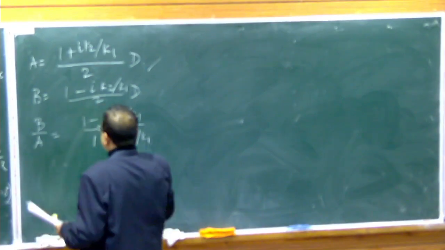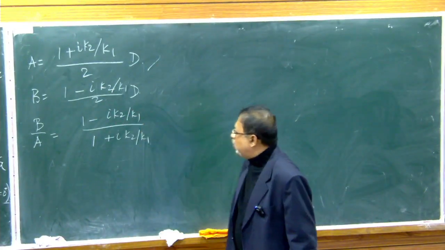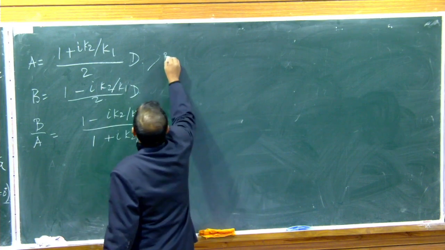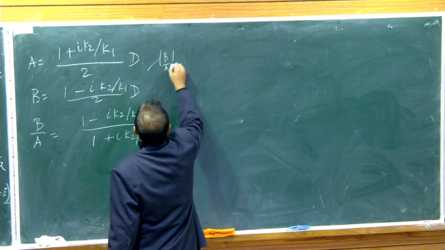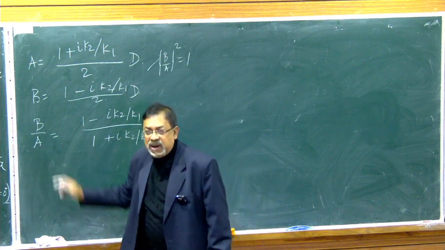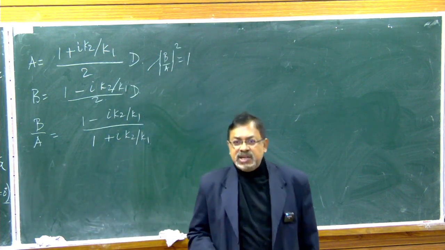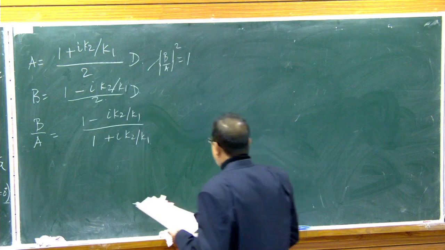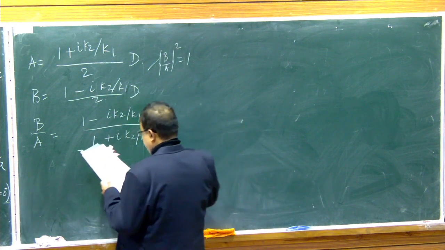Now, you see this has modulus 1, which means that mod B by A squared is equal to 1. Okay. If you multiply this by its complex conjugate, then you will get 1, which allows us to write B by A,